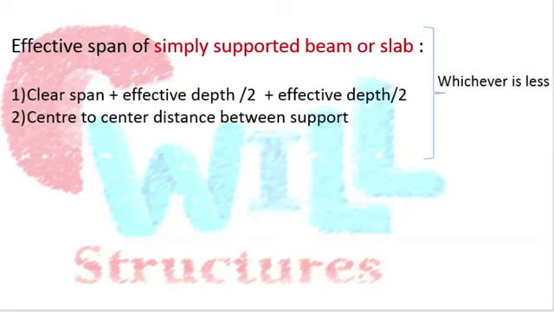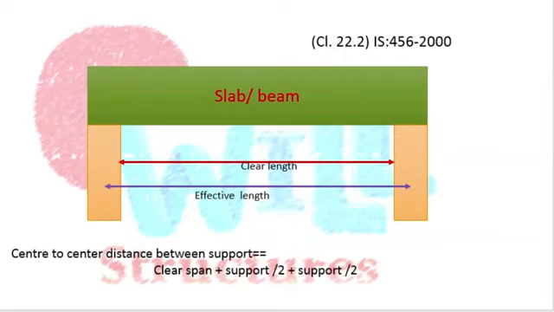As you can see in the diagram, here is a simply supported beam or slab, which is resting on beams if it is a slab, and if they are beams, they are resting on the walls or maybe on the columns. You can see the distance between two supports is considered as the clear length, and the center to center distance between the supports is considered as the effective length. So the effective span, or we can say the effective length, of a particular beam or slab is